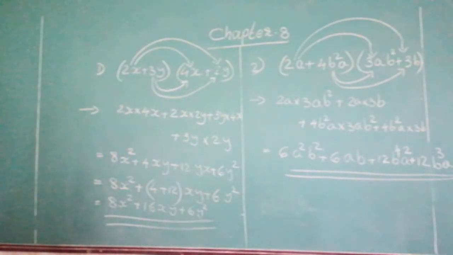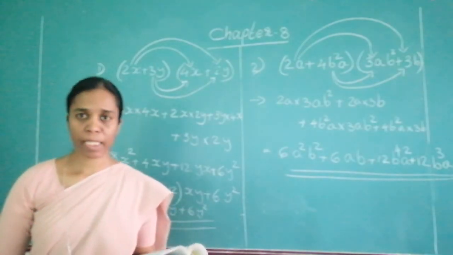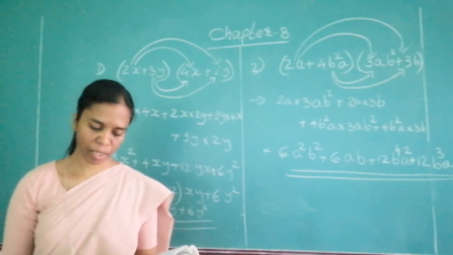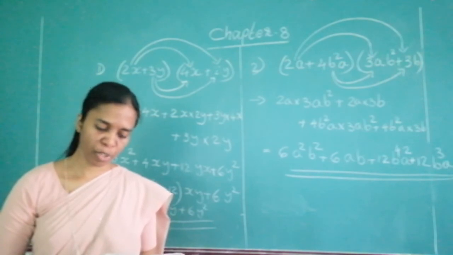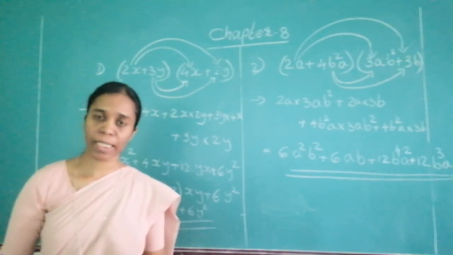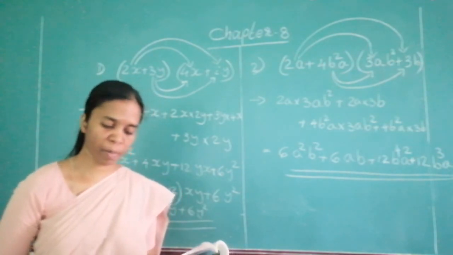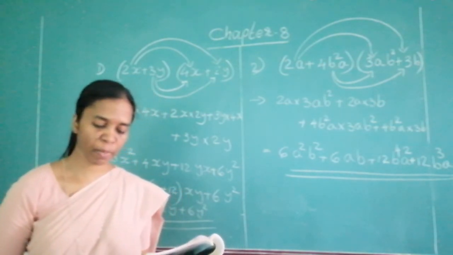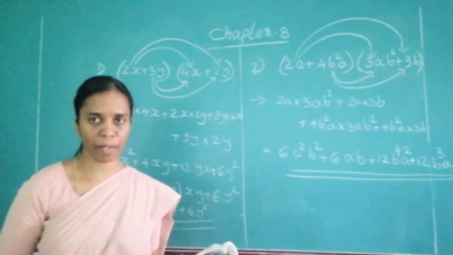Please copy. I want you to solve practice set 35. The first 4 questions. Now, the second question. A rectangle is 8x plus 5 cm long and 5x plus 3 cm broad. Find its area.